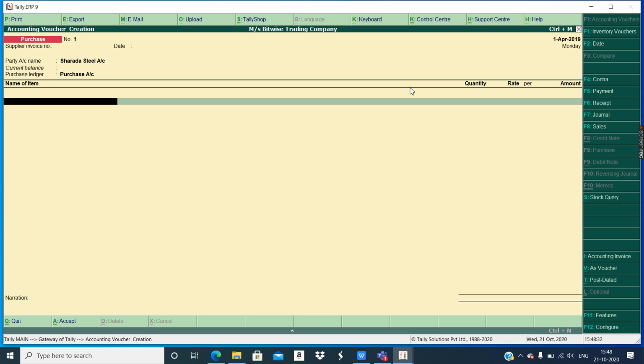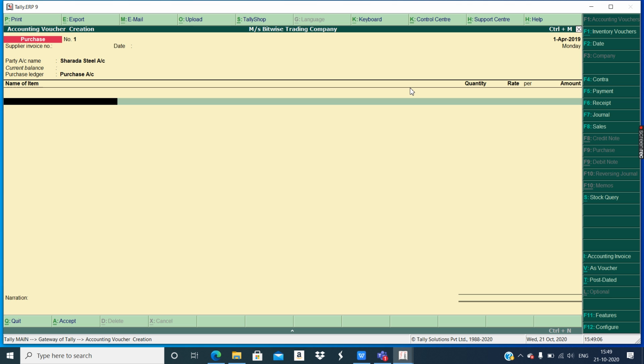You can do the entries depending on how you understand that entry. But the main thing is the important accounts between whom the transaction is happening. Just like we discussed, the transaction took place between the purchase account of Bitwise Trading Company and Sharda Steel Company, where we have to pay to Sharda Steel Company. Sharda Steel Company got credit, so our purchase account got debit.